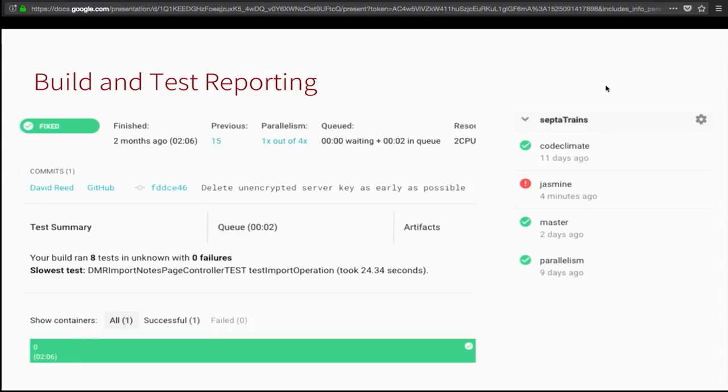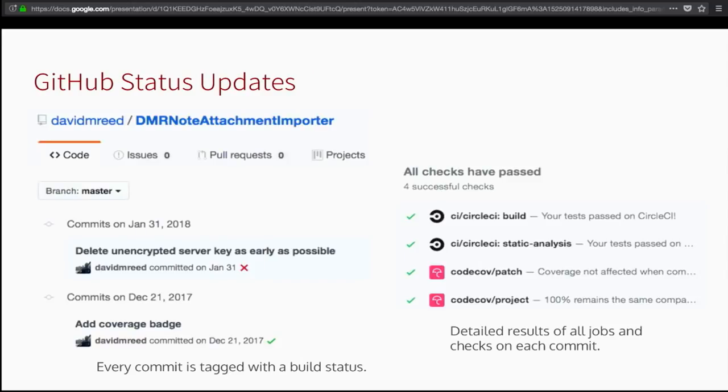But this is not just a workflow where you have to go and inspect things. That would be a lot less useful than what I've promised I can show CI to be. In addition to going and looking at your results in CircleCI or your continuous integration provider of choice, they're going to be pushed back into GitHub for you as well, or whatever VCS you're using to manage your development process.